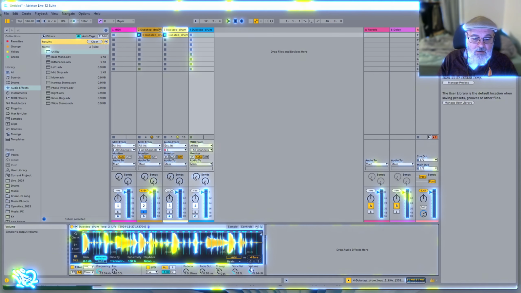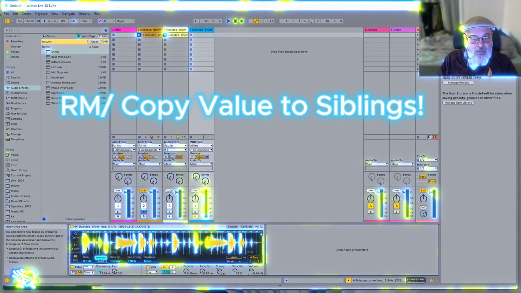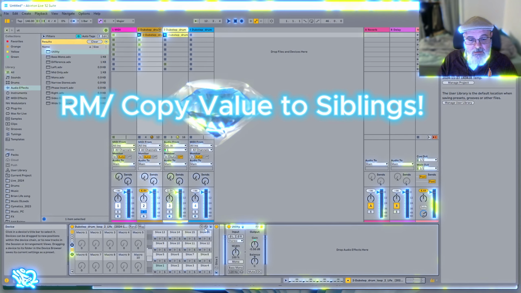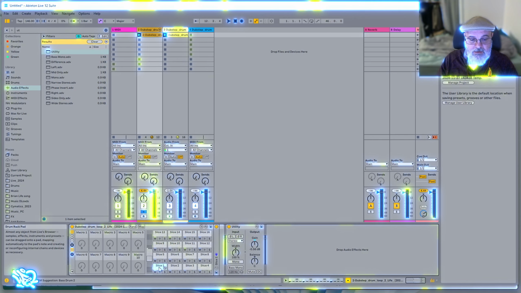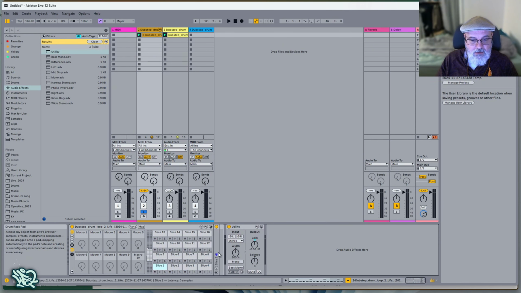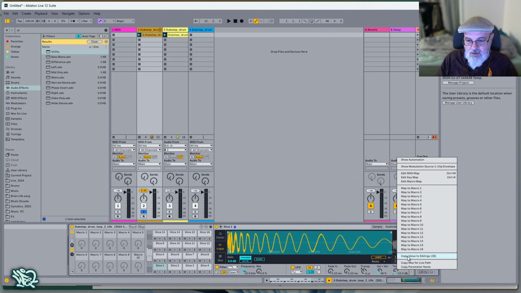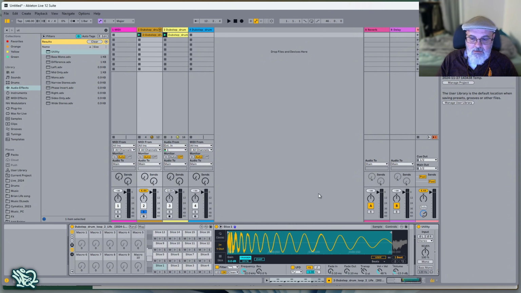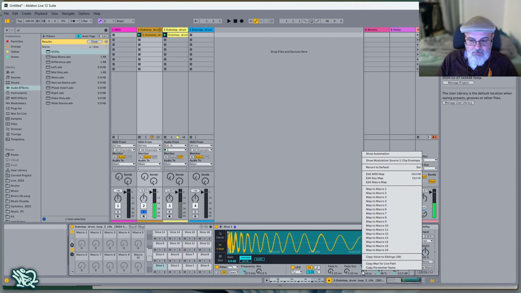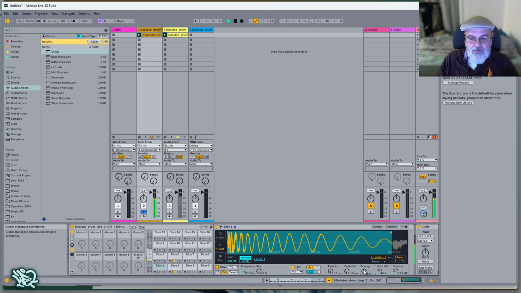But definitely that whole copy to siblings was a key. When I found that out, I was like, oh snap. So if you don't know that, maybe you just learned that one aspect. Copy value to siblings. Same with the transpose. Copy value to siblings. I mean, I don't know why you'd want to do that, but